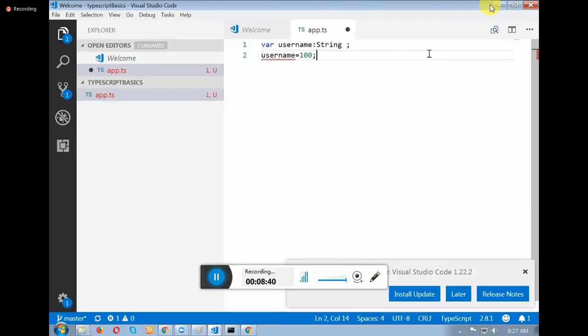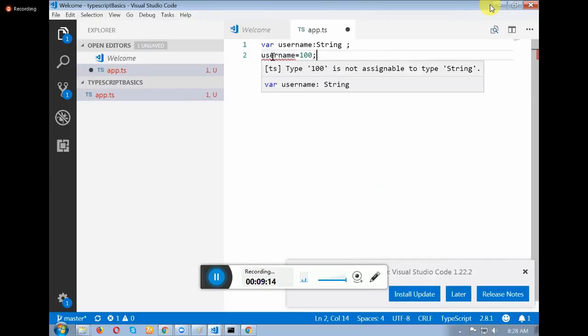Are you finding the red wave under the username? Keep the cursor there. It will tell you what the mistake is. Type 100 is not assignable to type string. 100 is what? An integer or a number. Very simple or not?